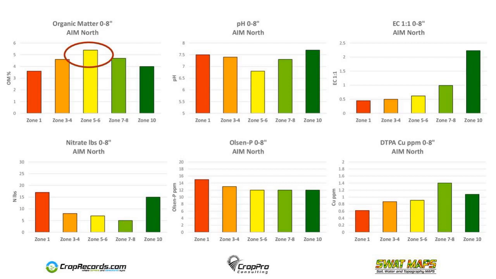So just a couple of things to highlight. First, in the top left corner of the screen, organic matter. It's as you might expect, we have this sort of bell curve distribution of organic matter, where again, our zone 5-6 soils have the highest organic matter, and then it sort of tapers off in the fringes. And this is as we would expect for the highest productivity soils having that highest organic matter.